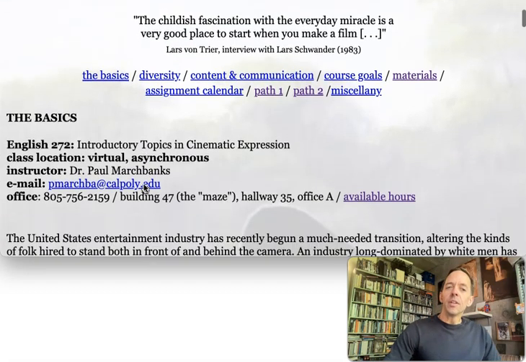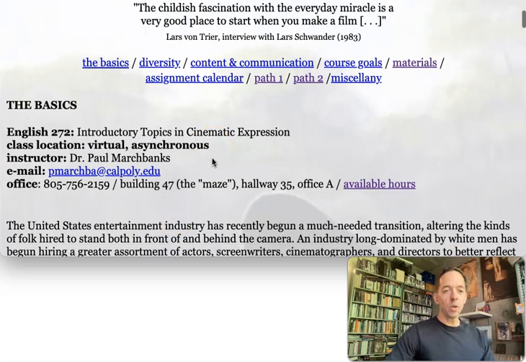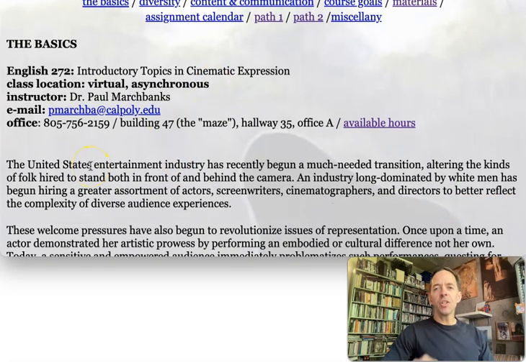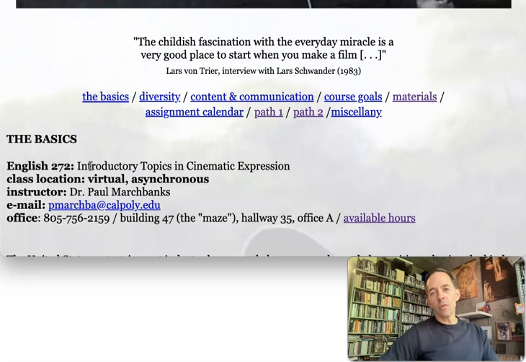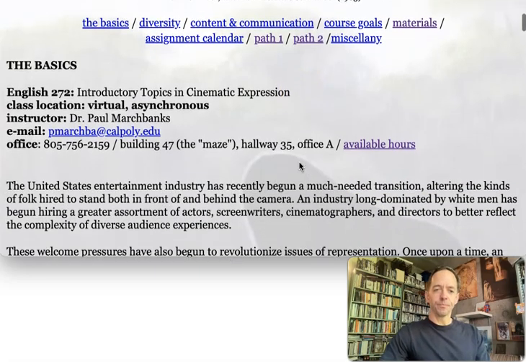Right. This is an asynchronous version of this course, obviously. And I should say from the outset that I actually don't enjoy teaching asynchronously. I'm fine with doing it, and I've made it work, but I much prefer having students in the classroom. So I encourage you, if you want to reach out to me and have a dialogue via Zoom, to do so, whether you're working on an assignment or you just want to discuss a film. I actually do encourage that kind of interaction, even though it's not embedded in the course per se.